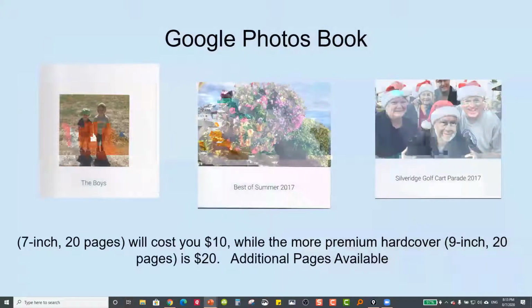Now, Google Photos also is amazing. It will choose albums and make albums up for you in great abundance. It does it quite quickly, and it does it frequently. And they then say, hey, do you want a photo book? And we'll talk about the photo books in a minute, but